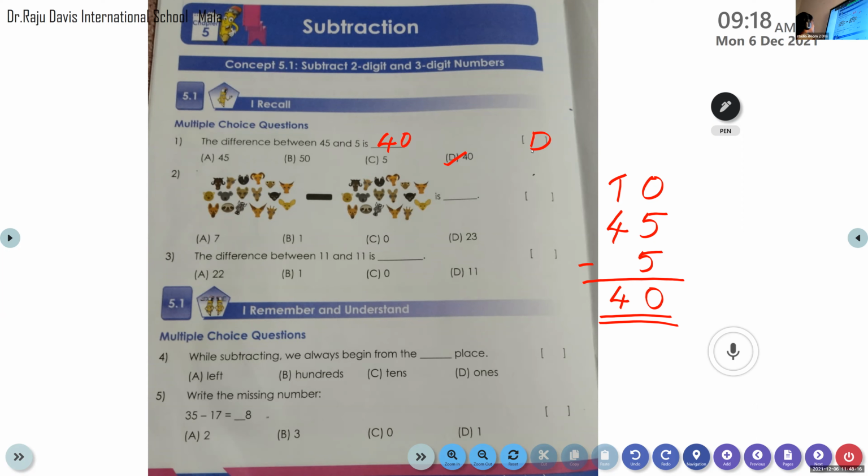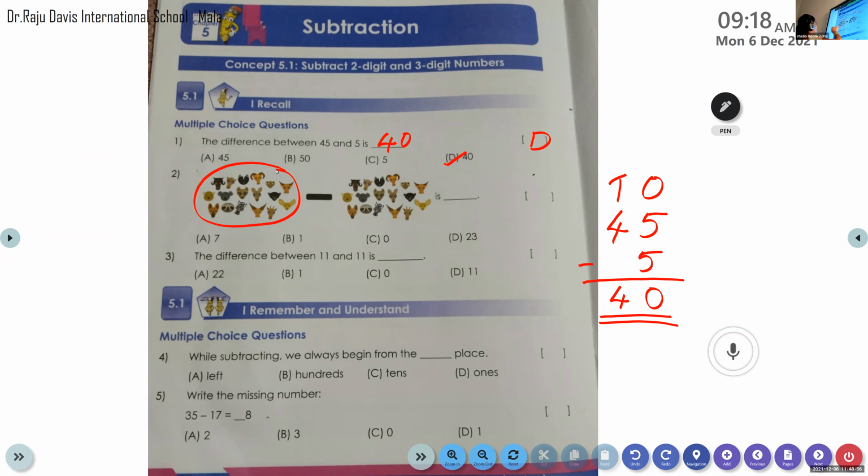Okay, the next question, you can see some pictures. So all of you count the pictures. Here, how many pictures are there? You have to count, everyone. Ma'am, I'm at my mother's home, so I will only get Part 2. Okay, so write the answers in the rough book, and when you reach home, you have to copy this one. Please take the rough book and write the answers.